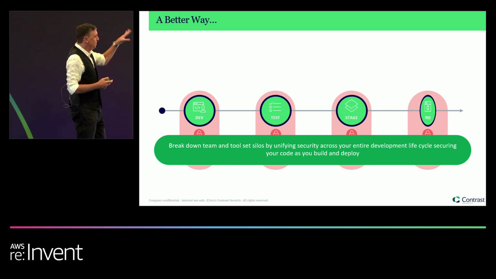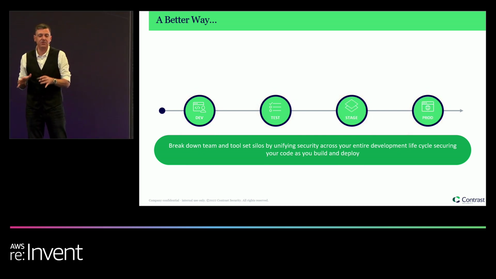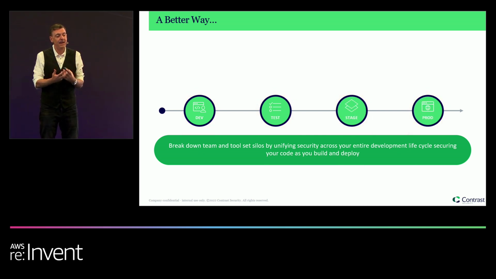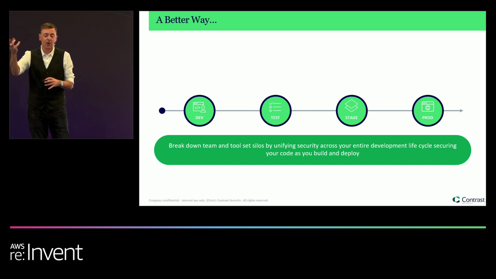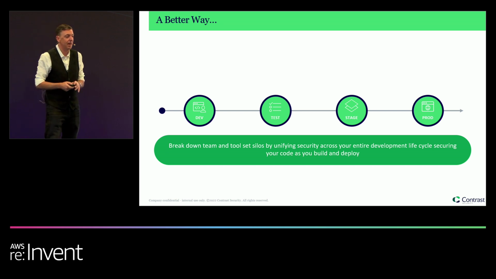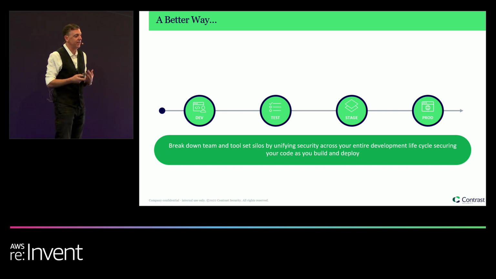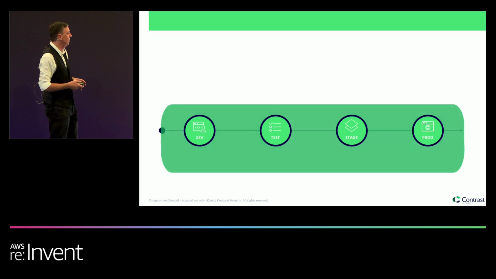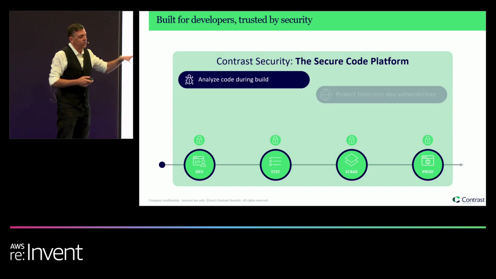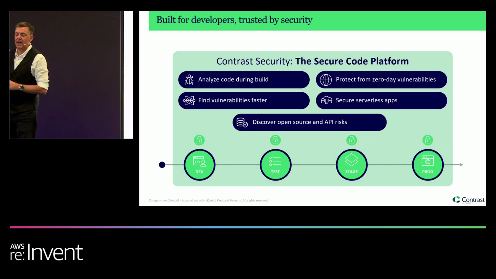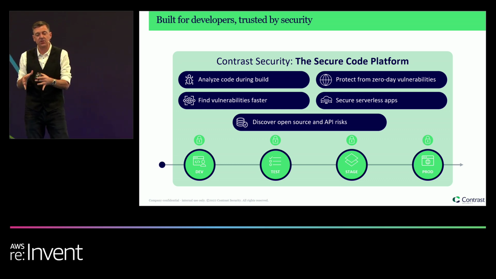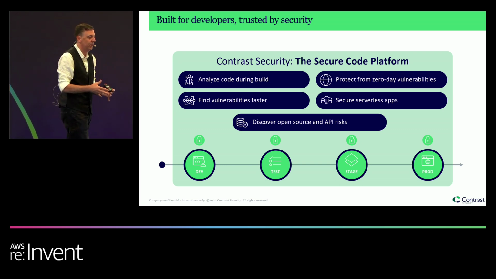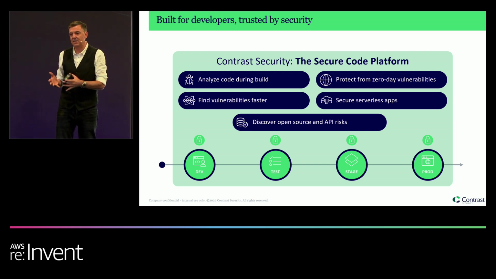So this better way is thinking about coming at this from the inside out, embedding security instrumentation into your applications, right into your cloud environment that's going to give you real-time telemetry that's going to help you understand those security risks. At Contrast, we develop what we call a secure code platform that works in a number of environments. It works in more traditional, say, app server-based environments with languages like Java and .NET, where you may have millions of lines of legacy code.